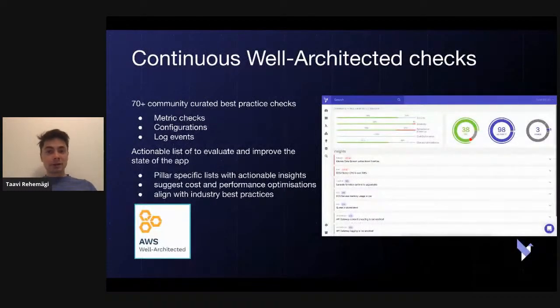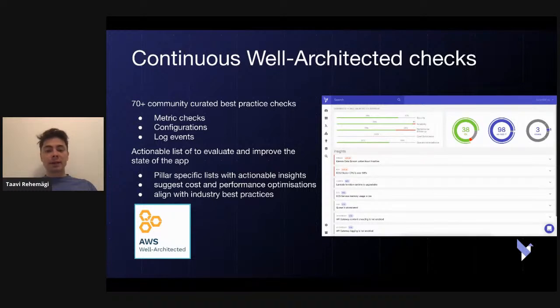And the third part is continuously checking for best practices and trying to get a list of actionable things that are wrong with your application that could be improved. For instance, can you upgrade your runtimes? Are you over provisioned or under provisioned?